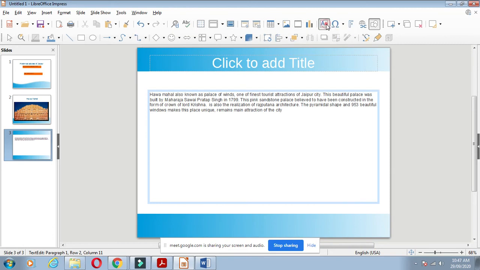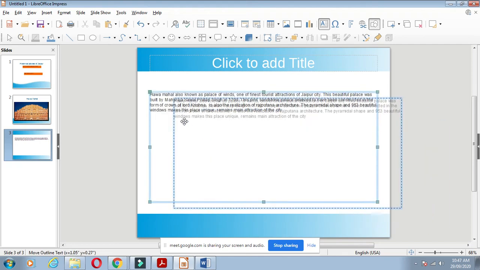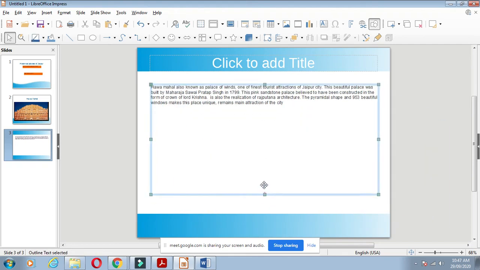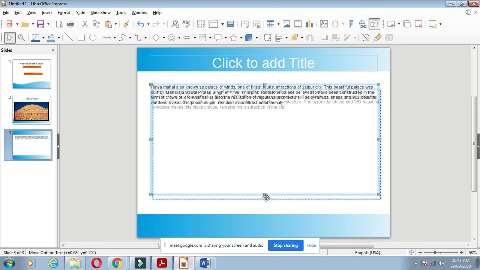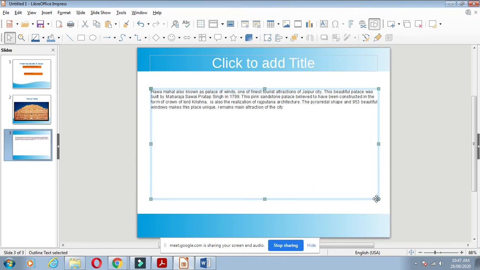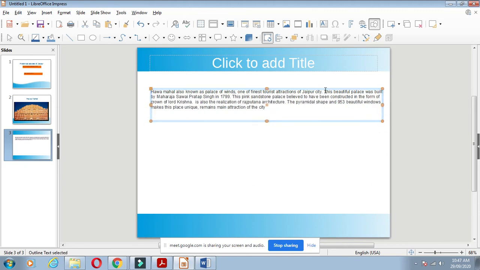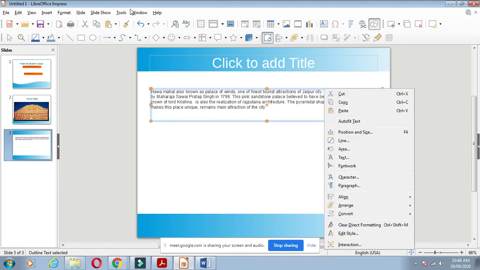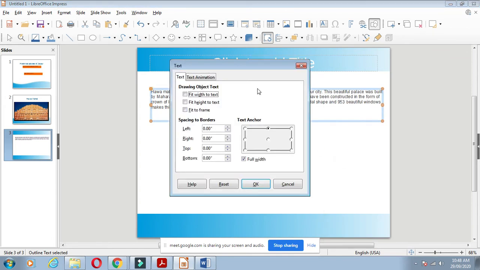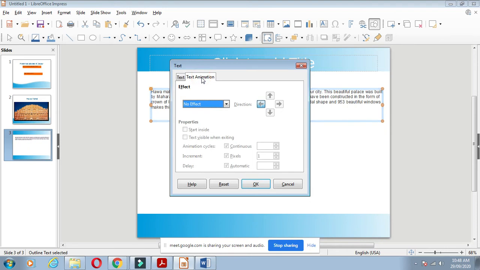Here text box, you select the text box. You can add animation. You can add the animation to your text.